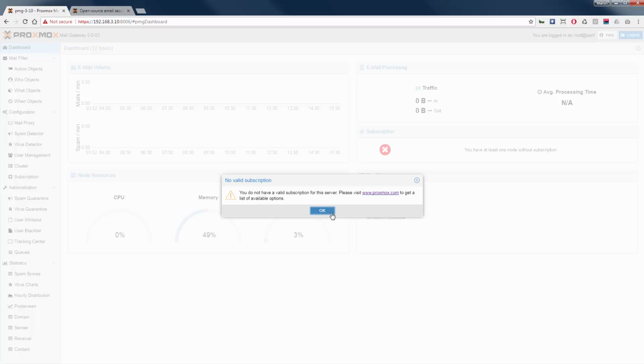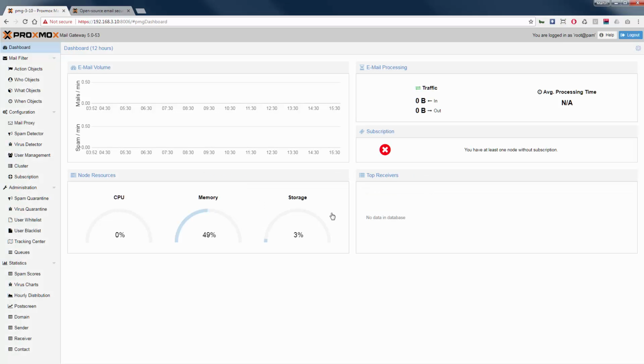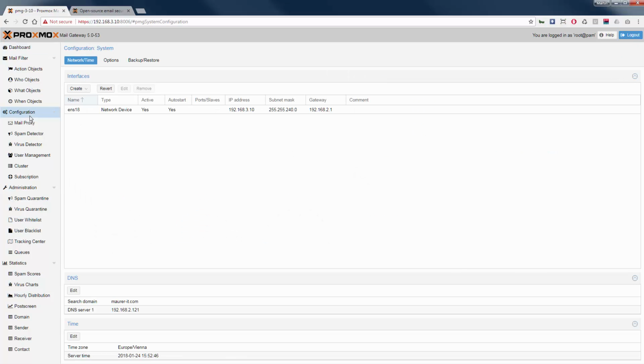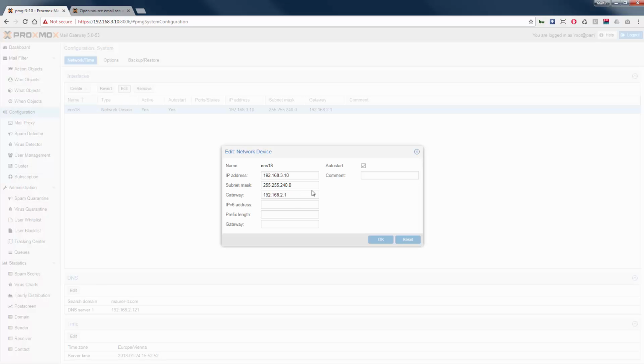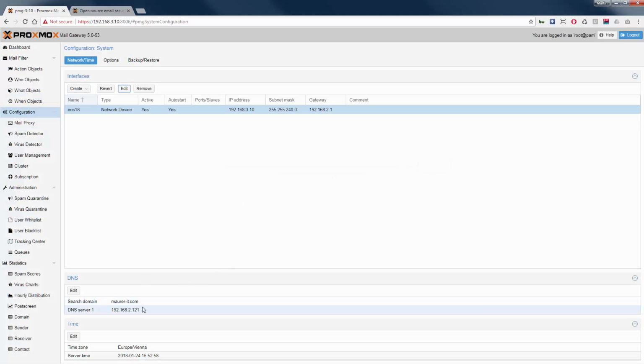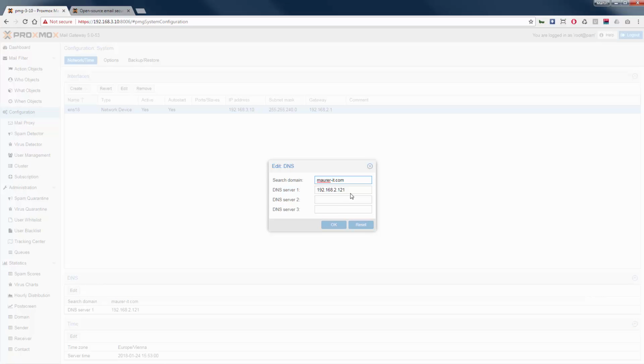If you don't need a subscription agreement, just make sure that you configure the PMG No Subscription Update repository manually. If you don't configure this repository, you will not get any update. Okay, now I'll just show the most important steps for a fast setup. First, you should review your network settings and adapt them for your needs. I will for now add a second DNS server. All other settings are fine.